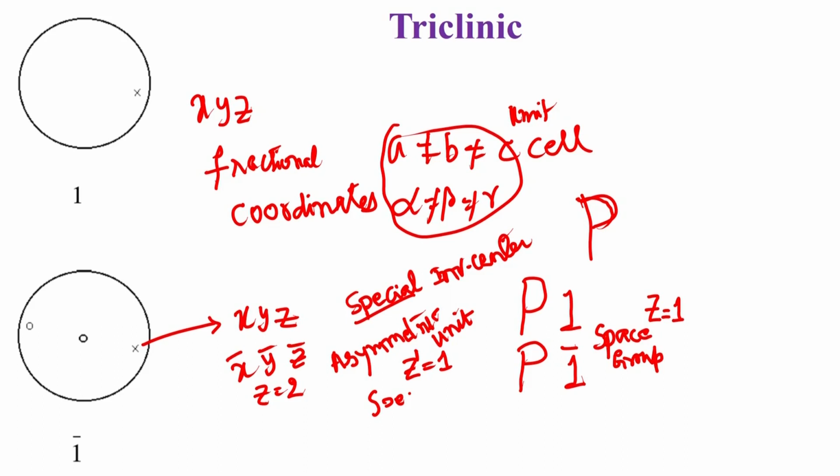The unit which does not contain information about the point group symmetry is the so called asymmetric unit. So, in both these cases, the asymmetric unit, that is the value of z prime, is equal to 1. This in a nutshell describes the entire features which we have developed so far, including the feature that was associated with the Bravais lattice, that is the primitive lattice. So, triclinic system is only primitive and nothing else.